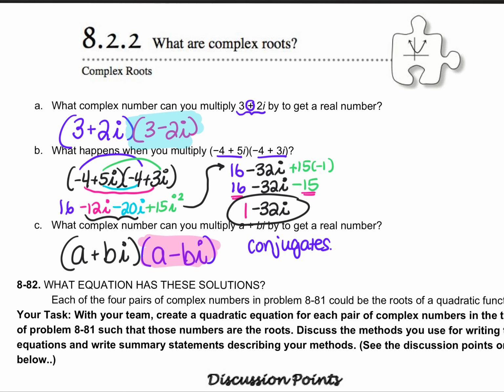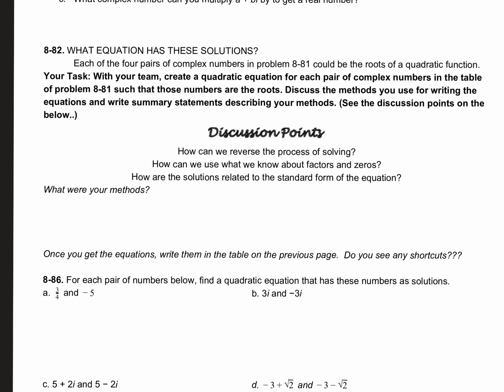So, in the previous video, we talked about how these conjugates will end up giving us real numbers. They create a difference of squares, which can be really easy to multiply and can be helpful. So what I want to do today is talk a little bit about how we can take a pair of complex numbers. Now remember, complex numbers don't have to have a real component and an imaginary component. The real component can be 0, the imaginary component can be 0, but it still fits in that complex number system. So when you see something like part A here, this is considered a complex number, even though it's only